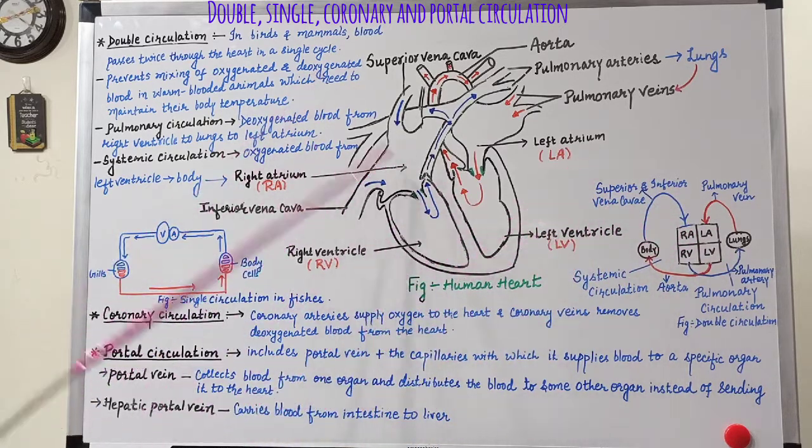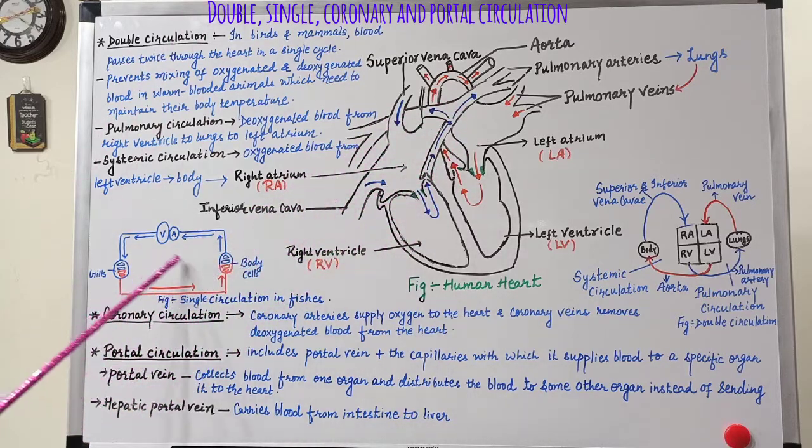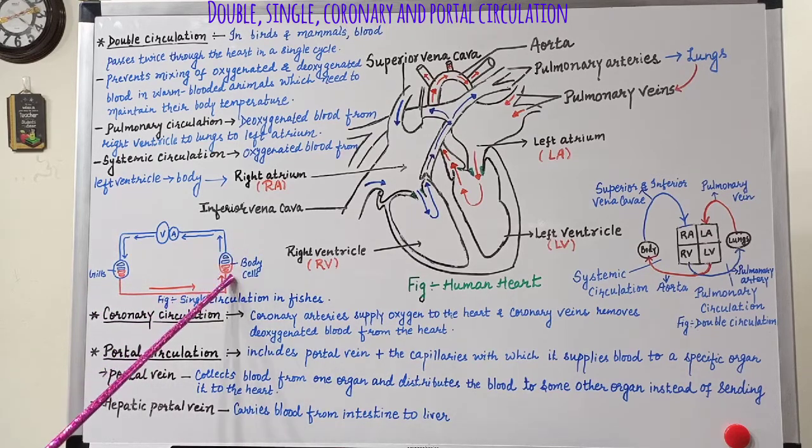Now in all organisms the heart is not four-chambered. For example, in fishes the heart is only two-chambered. So what happens in fishes? In fishes the heart is divided into one auricle and one ventricle. The auricle contains the deoxygenated blood, and this deoxygenated blood is passed to the ventricle. From the ventricle the blood is passed to the gills and the blood is oxygenated here. So gills pass the oxygenated blood to different body cells. In the body cells respiration happens, the blood gets deoxygenated and again comes to the heart.